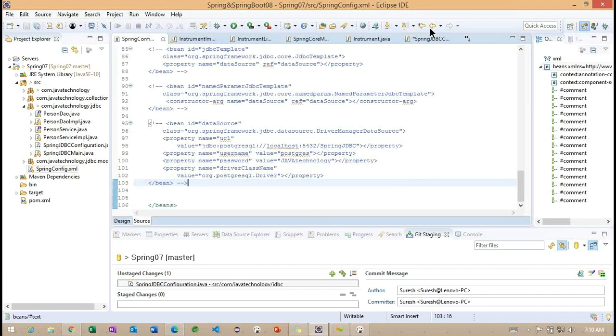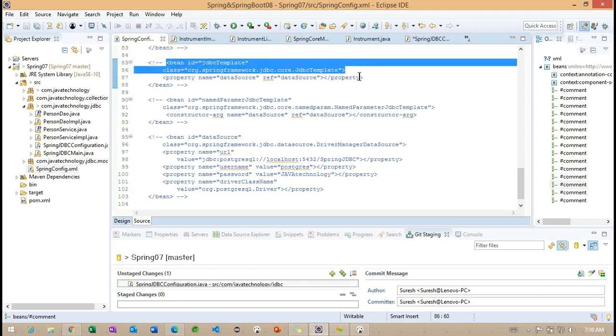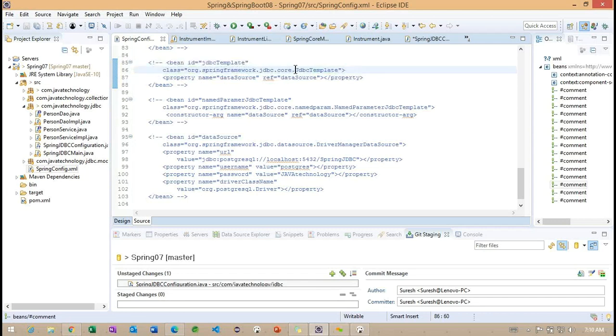It's an interface? Observe here, in the earlier class I used to create the JdbcTemplate. But what is the implementation class of this JdbcTemplate?